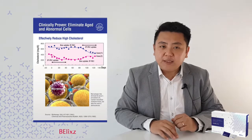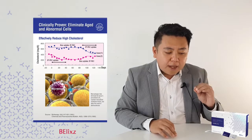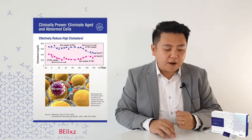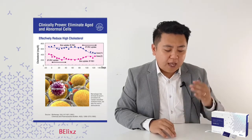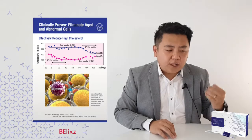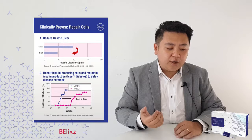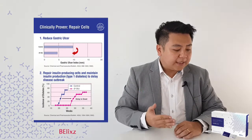So just now, as I mentioned, if you have paid attention, the hyperlipidemia. Macrophage, once activated, helps to reduce the high cholesterol. In this case, you can see from the graph here, once we start to take our Shiruto, the IPPA1, it helps to reduce the oxidized LDL, reduce the chances to get atherosclerosis. And it also helps to reduce the severity of our gastric ulcer, and at the same time it helps